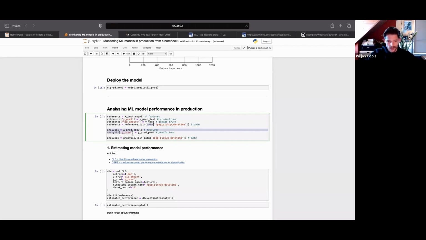Then we are going to set up the analysis data, which is just the production data. So all of the data that goes into the machine learning model after it has been deployed. And we're going to collect the same thing, which are the features and the predictions. So what goes into the model, what comes out. And then